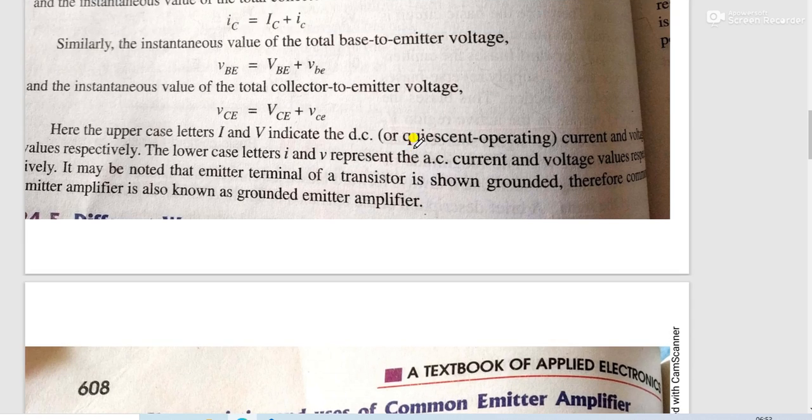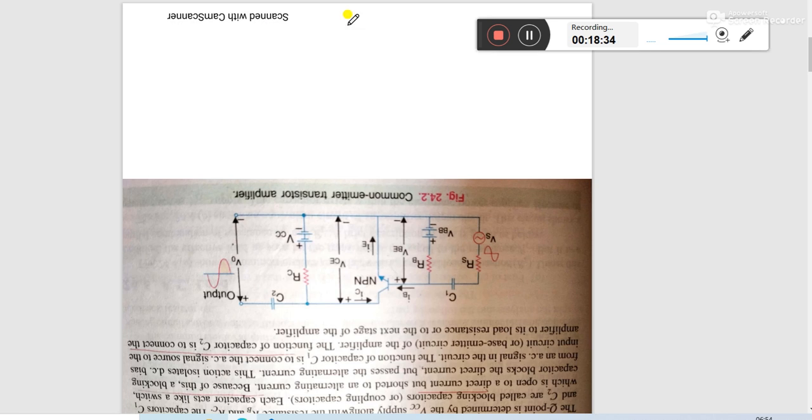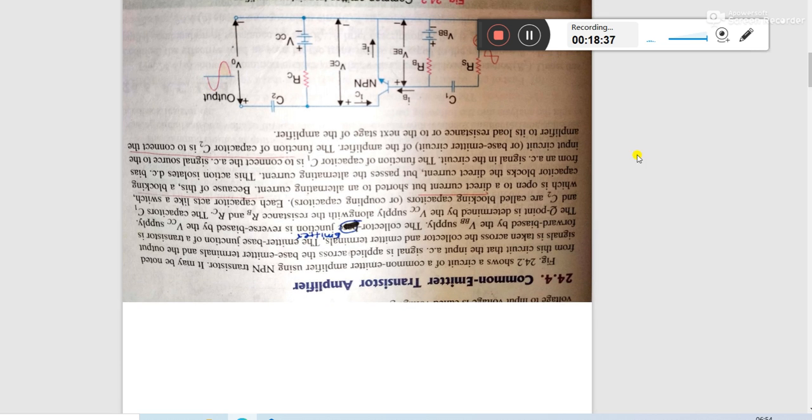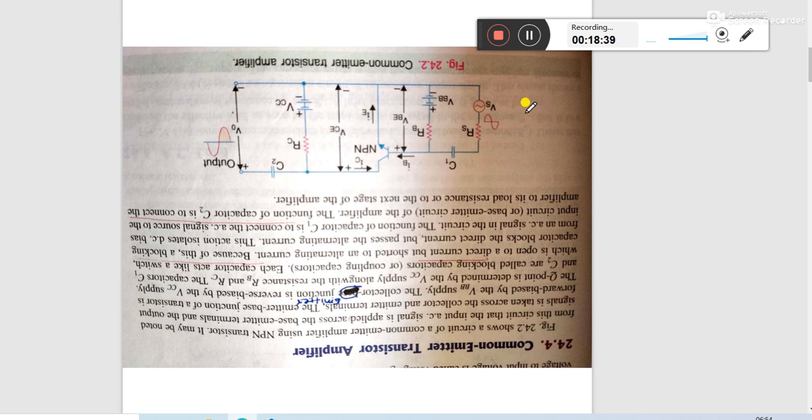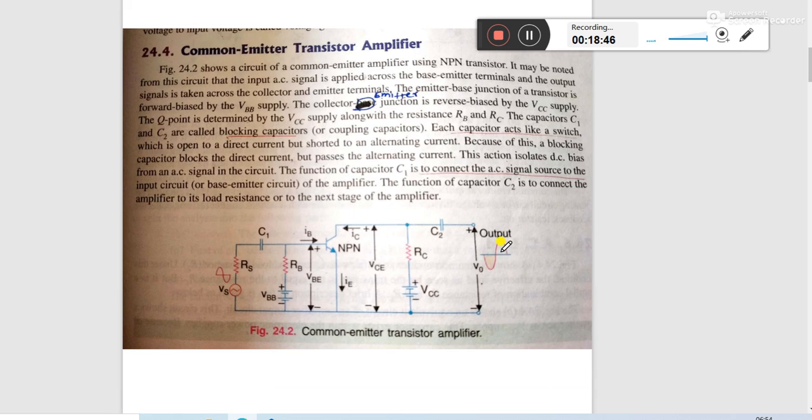Let's clear up the view of phase reversal here in the diagram also. One minute. Here the input has a positive and a negative cycle, but across the output we get first negative and then positive. This is called phase reversal. Input is out of phase with output. Here a positive cycle, and here we get a negative, 180 degrees apart.